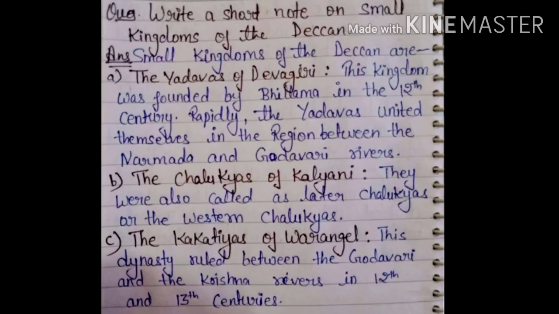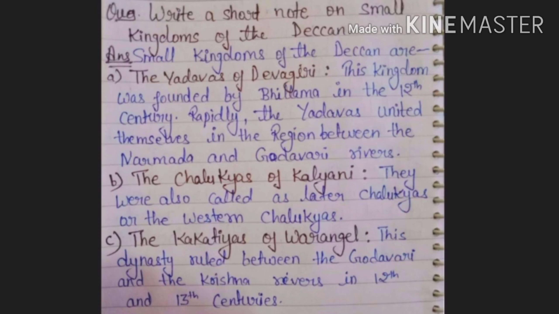Now students, our next homework question was, write a short note on small kingdoms of the Deccan. And the answer is, small kingdoms of the Deccan are the Yadavas of Devagiri. This kingdom was founded by Bhillama in the 12th century. Rapidly, the Yadavas united themselves in the region between the Narmada and Godavari rivers and the Chalukyas of Kalyani. They were also called the later Chalukyas or the Western Chalukyas. And the next